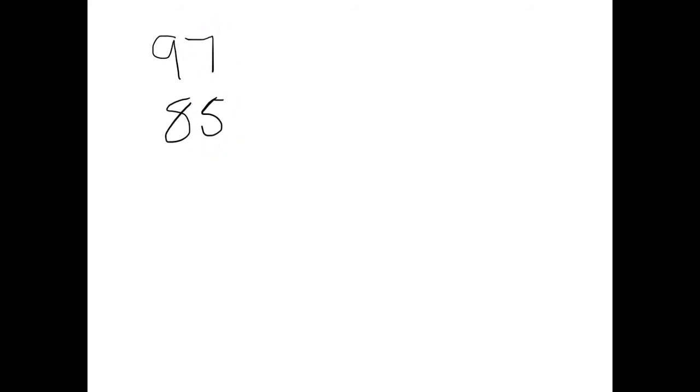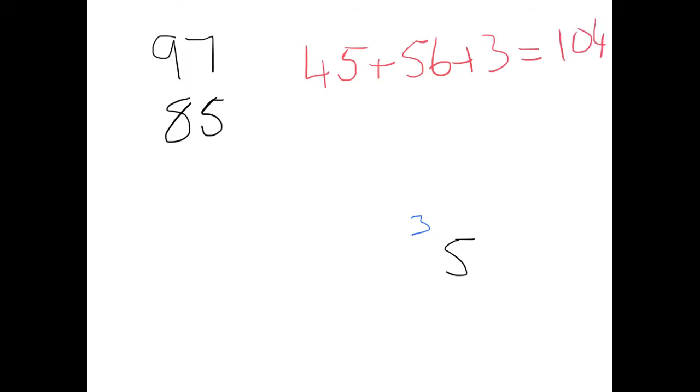Okay, same as normal. The first thing we do is multiply the units together. 7 times 5 is 35, so we pop the 5 down with a 3 to carry. The next thing we do is multiply each tens digit by the opposite number's units digit. So we'll start with 9 times 5 is 45. Then it's 8 times 7 is 56. Don't forget to add on our carry 3 there. Is 45, 101, 104. So we can pop the 4 in there and we get to have a carry of